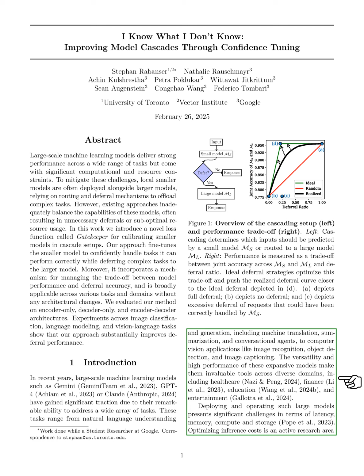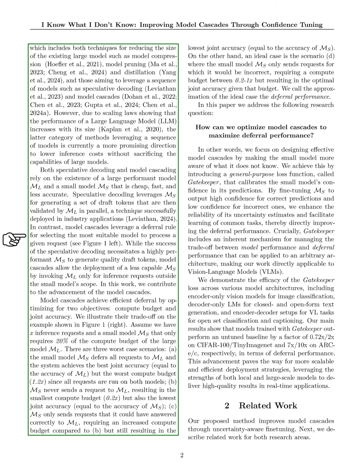However, using these large models comes with challenges related to speed, memory, computing power, and storage. Optimizing the costs of using these models is an active area of research. This includes methods to reduce the size of existing models, such as compressing, pruning, and distilling them, as well as techniques that use a sequence of models, like speculative decoding and model cascades. Given that larger models generally perform better, the latter methods are currently seen as more promising for reducing costs without